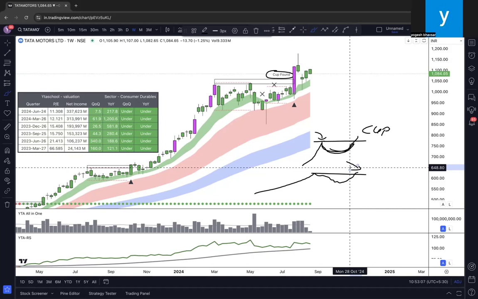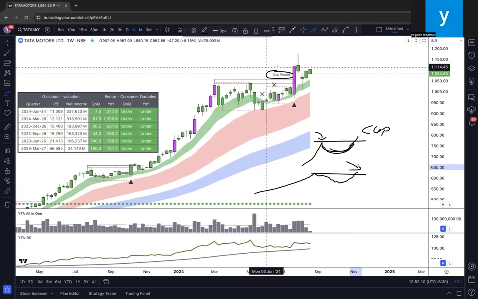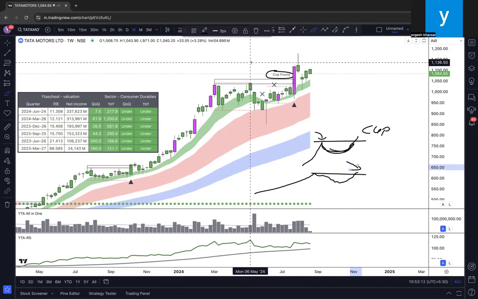Historically, it has been seen. Will this pattern perform right now? I have no idea. But has it formed? Yes. So it will be denoted on your chart automatically without you touching the chart. It will automatically identify your cup pattern. Okay.